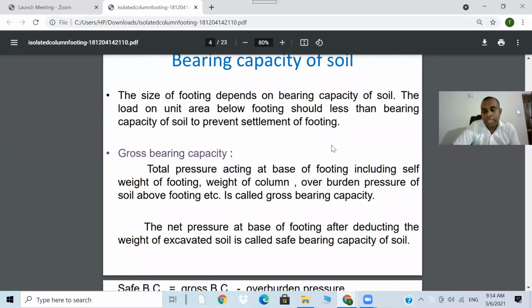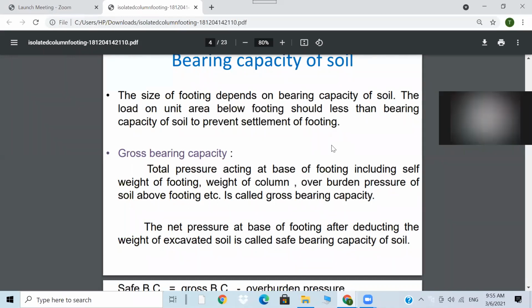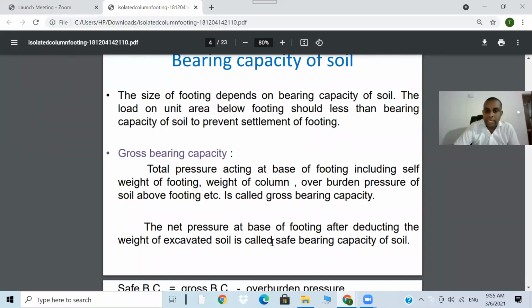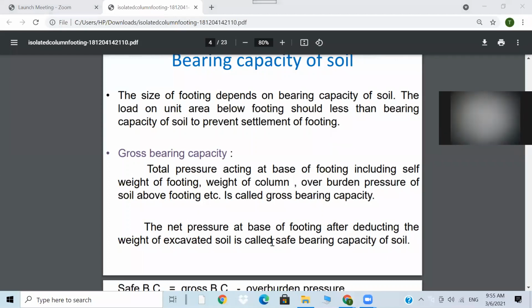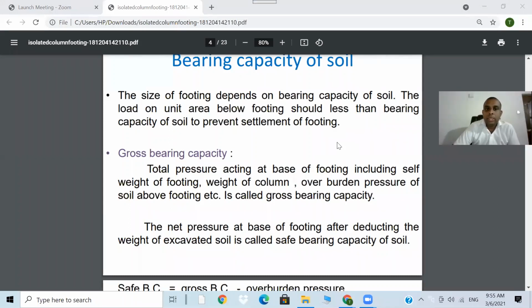So this is why I'm telling you, the foundation type, the foundation standard, whichever you use in the structures, has to be done through the soil investigation report. Then the size of the footings depends on the bearing capacity of the soil. The load on unit area below the footings should be less than the bearing capacity of the soil to prevent the settlement of the